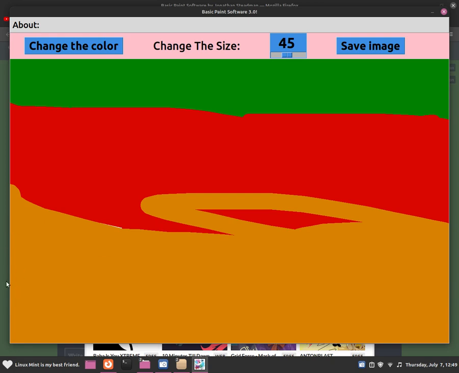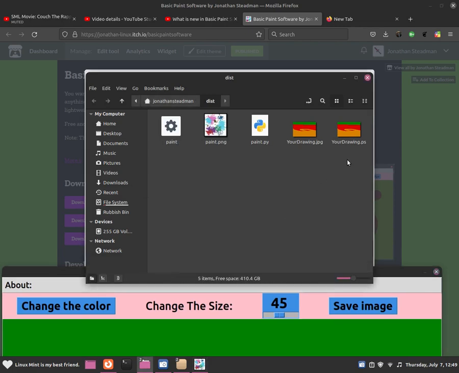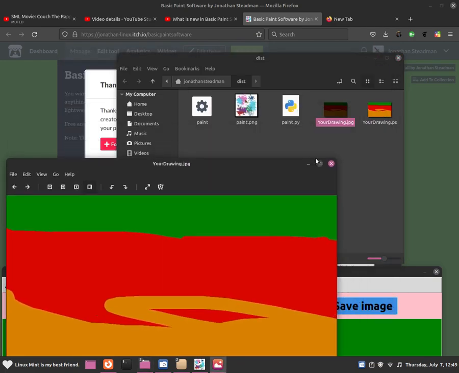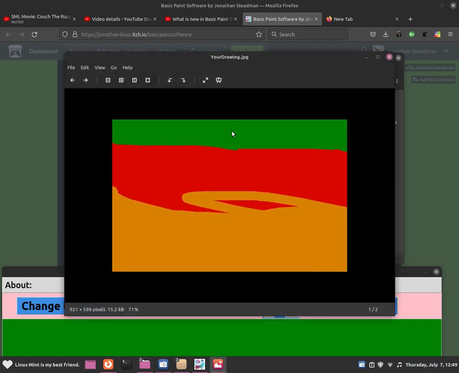Okay, so once you have drawn your picture, now we can save the image by clicking on the Save Image button. Now save it, and now you guys will see two versions of it. One is a JPEG and one is PostScript. What we guys will be more interested in is the .jpeg. So basically what is happening is that the PS extension is being converted to JPEG. So we guys will be able to use JPEG if we truly wanted to.